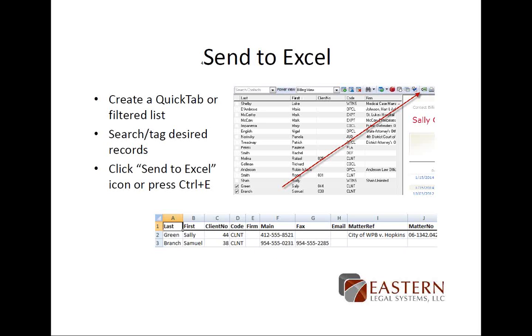That is a really great platform from which to jump off and do some fancy formatting. You can add titles. You can control the pagination. So there's an awful lot that you can do in Excel with the data that you've brought over from Time